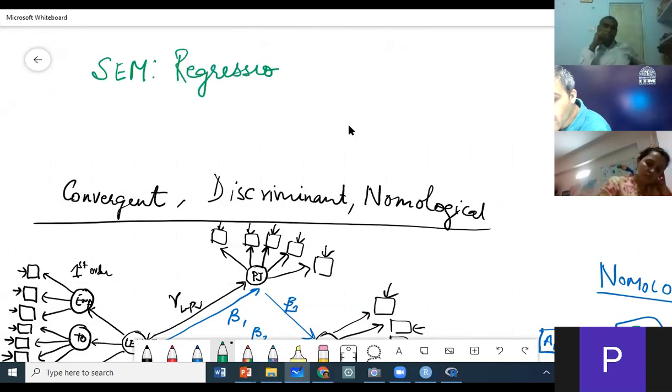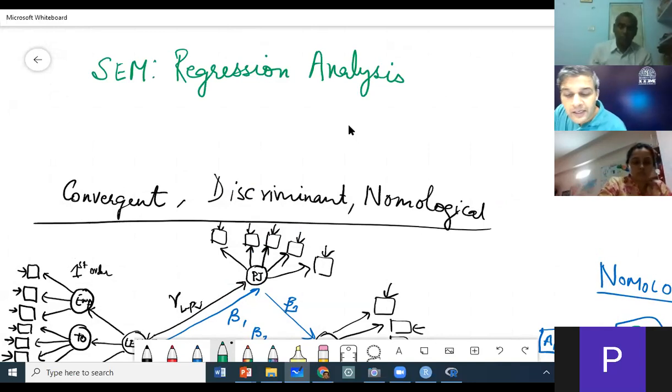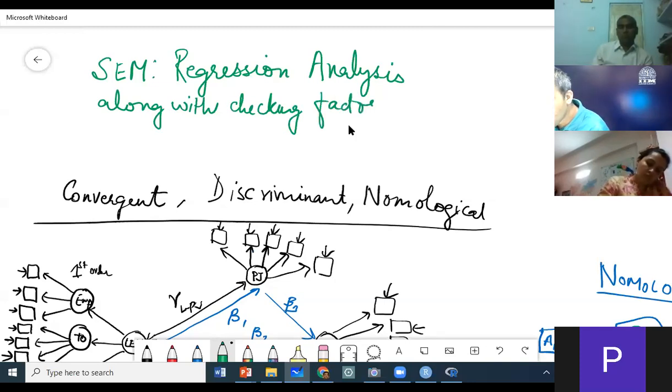Remember, at the end of the day, we are doing regression testing, but we are doing regression analysis along with checking the factor structures.